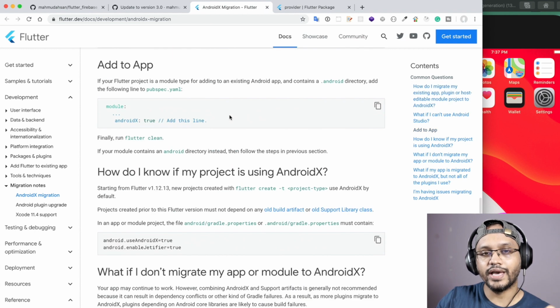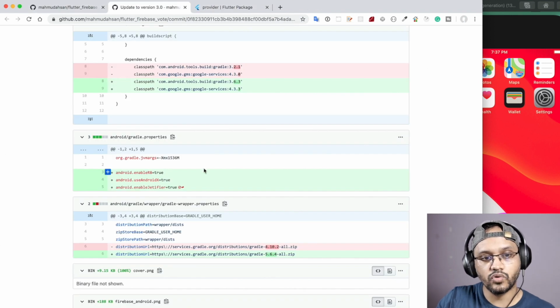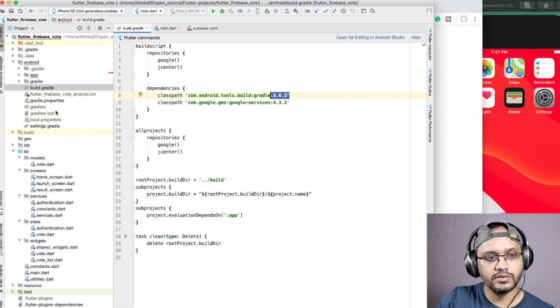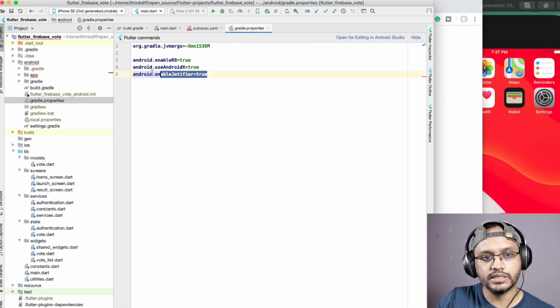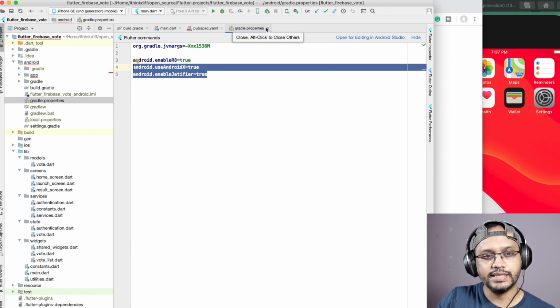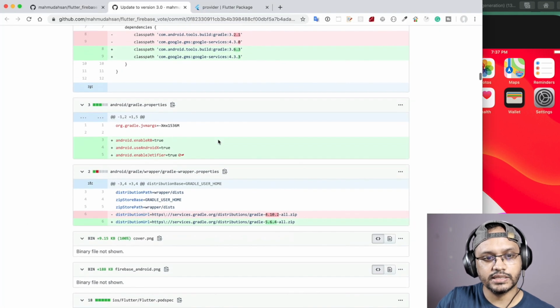But if you have an existing Flutter based application, in that case you have to copy these two lines, android.useAndroidX equals true and android.enableJetifier equals true. So it would be in android/gradle.properties. Here you see these two lines in here. So this is another change.